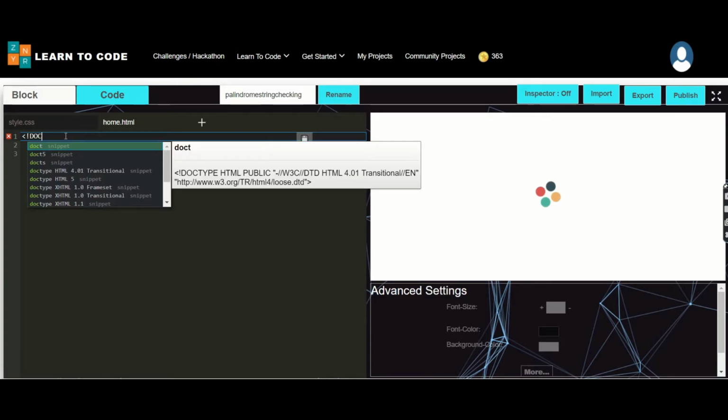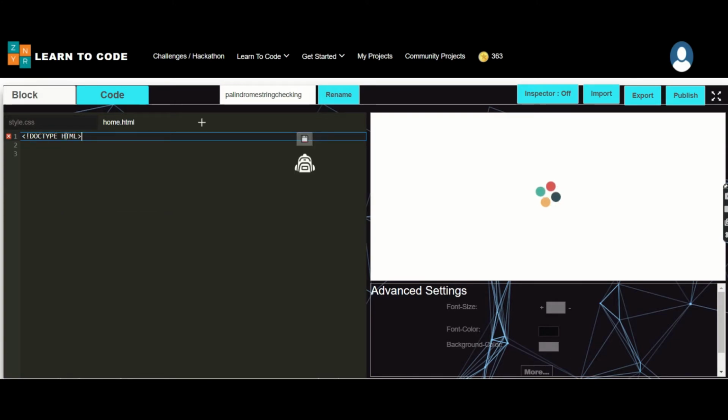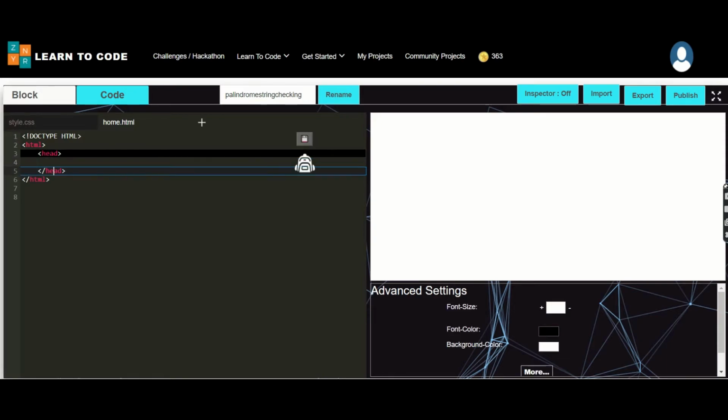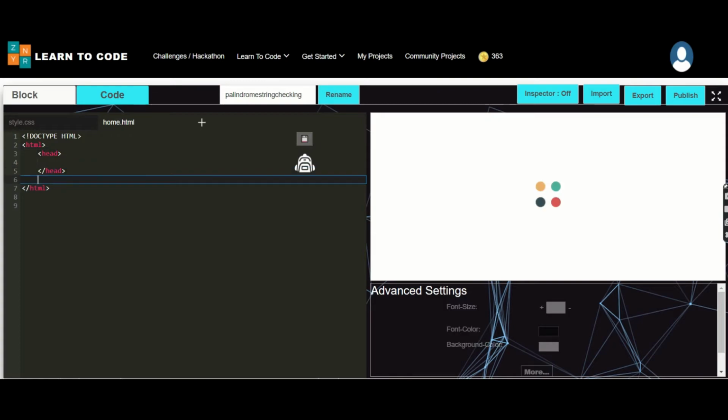doc type HTML, and under the HTML part, I'm making the head, and maybe if you want, you can add the style sheet. I'm not going to use a style part. So I'm going to continue with my body tag. So under the body tag,